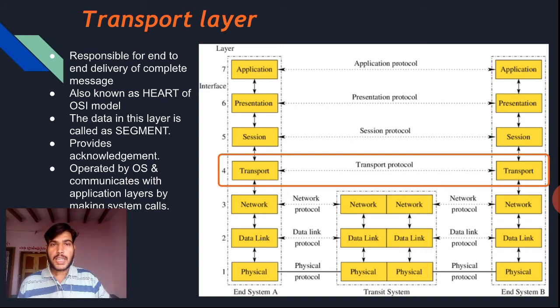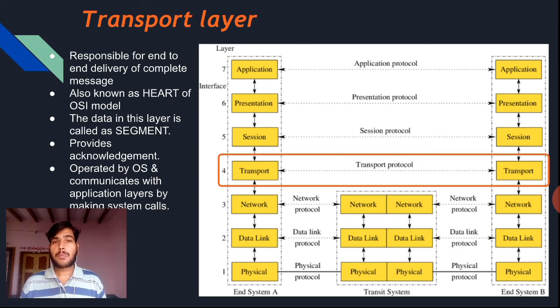If it reaches completely, the sender side will receive a positive acknowledgement. If it receives a positive acknowledgement, it indicates that yes, the complete message has been delivered to the destination. Suppose it receives a negative acknowledgement, it might be due to network failure or some packet losses during network traffic.